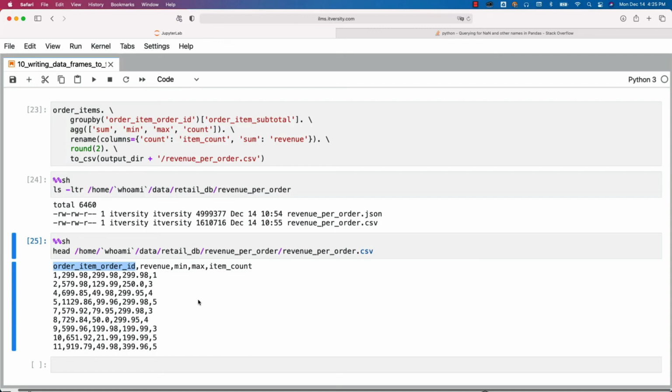In this case, comma is the default delimiter. If you want to use a different delimiter, you can specify that using sep keyword argument. Make sure you are comfortable with this so that you complete the end-to-end cycle by reading the data from file into a data frame, process the data depending upon your business requirements, and write the final output to the files. That will actually complete the whole cycle of data processing pipeline or data engineering pipeline.